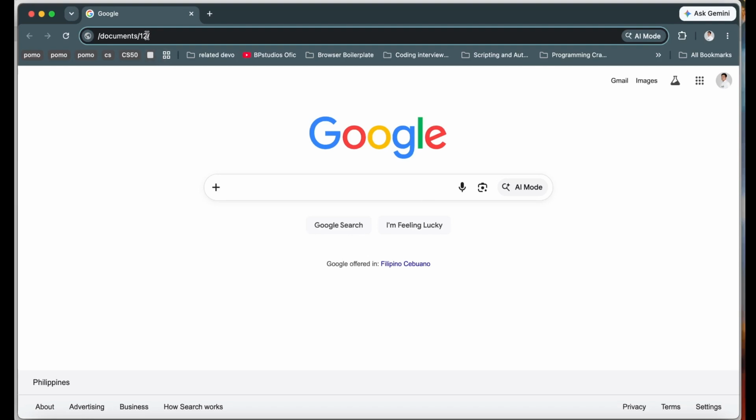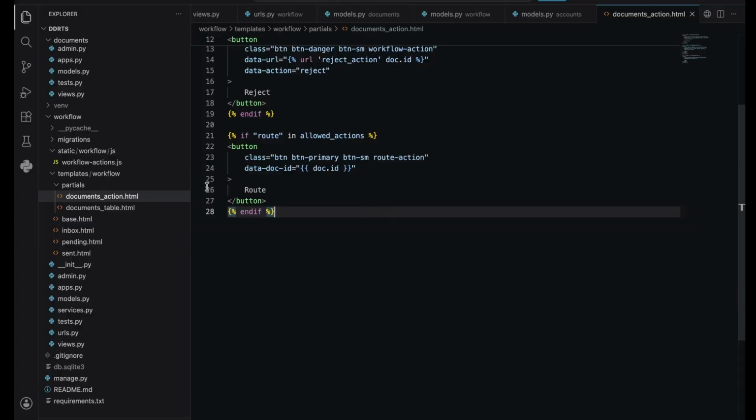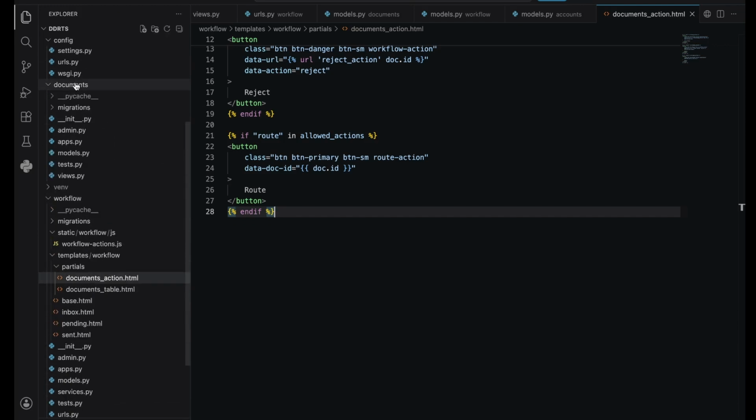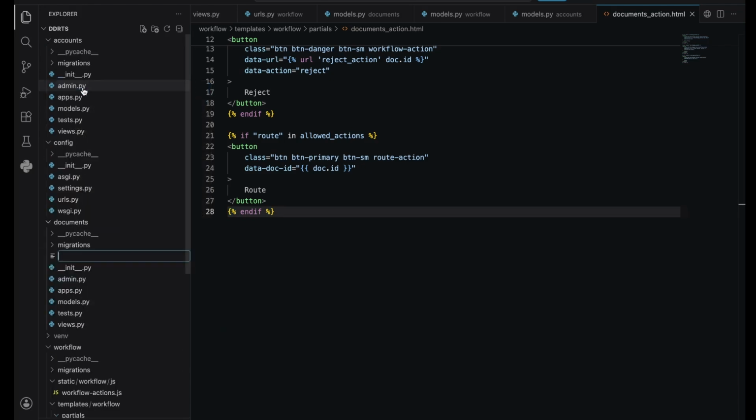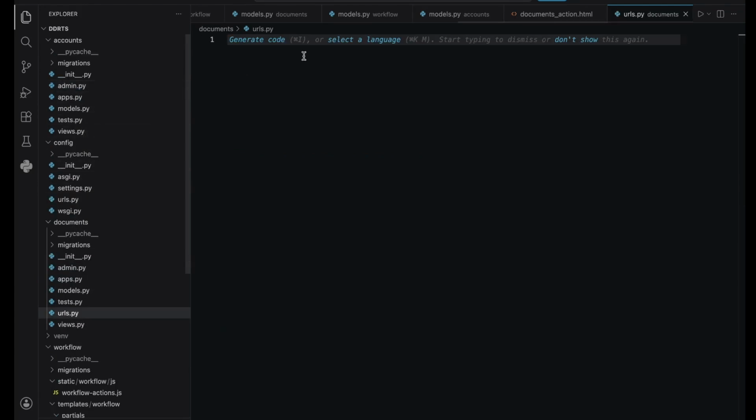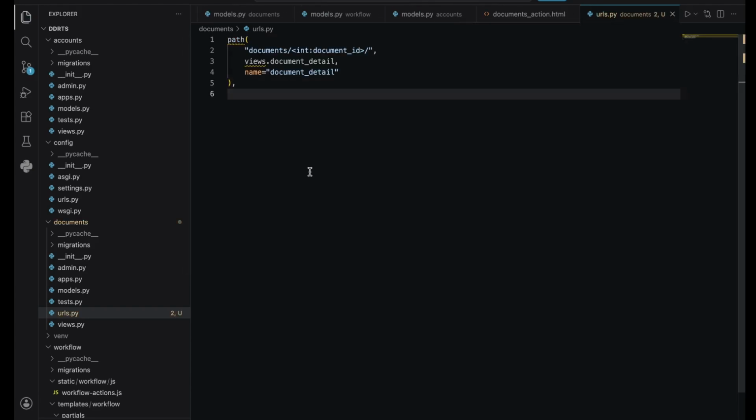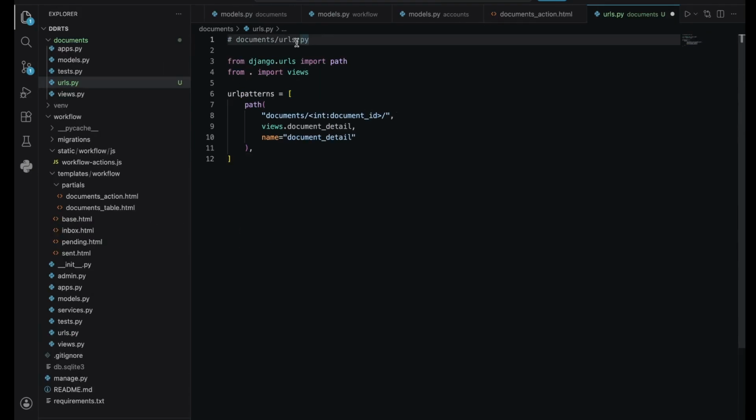First things first, we want our URL to look like documents slash the ID of the document. So this will be set later in our urls.py. Since this functionality is related to our document, we will not use our workflow, but rather we're gonna use our documents. We're gonna create urls.py in our documents app and put in here our path. Here in our documents urls.py, every document that will be clicked has an integer, and we're gonna trigger the document detail